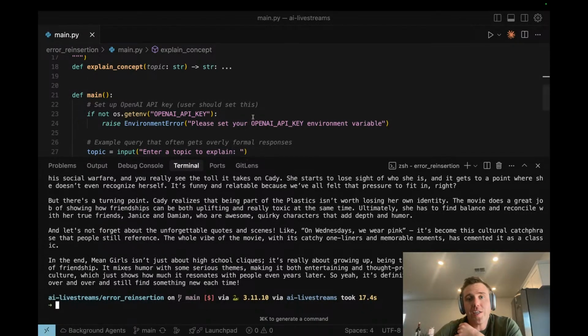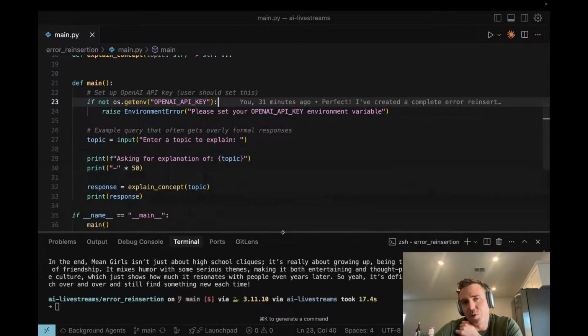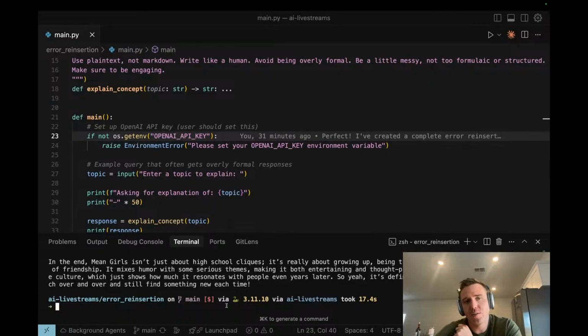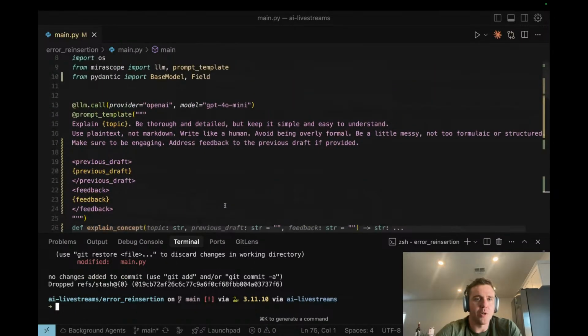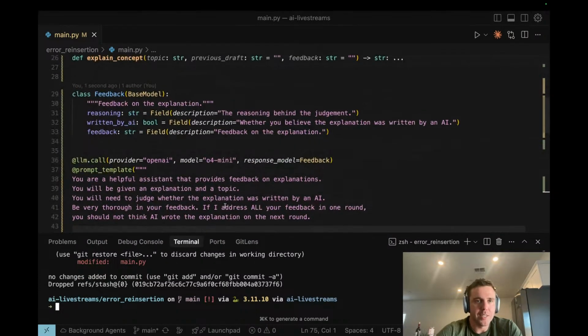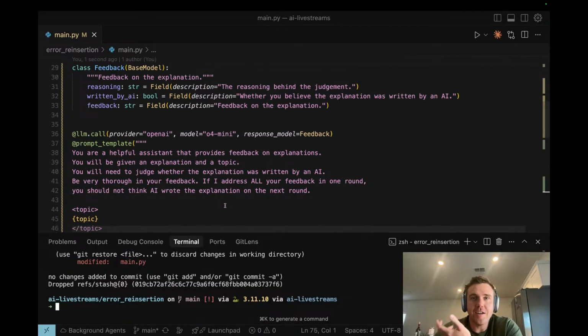And so we could ask an AI if it thinks this was written by AI. So let's go ahead and do that. I already have the code written, so I'm going to go ahead and just pop it out of my stash. That way, we don't have to waste time live coding. But what we're going to do is add another AI function that is essentially a kind of validator.